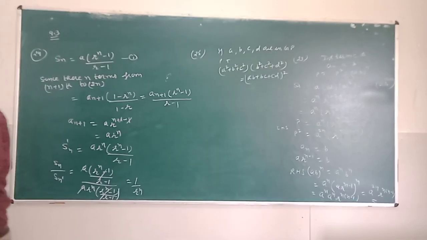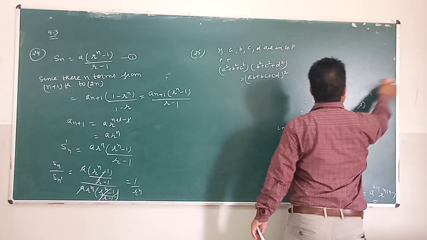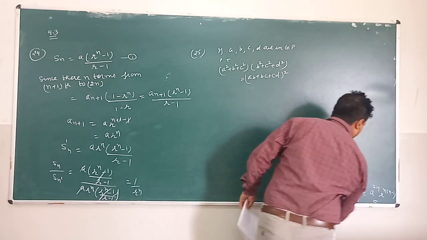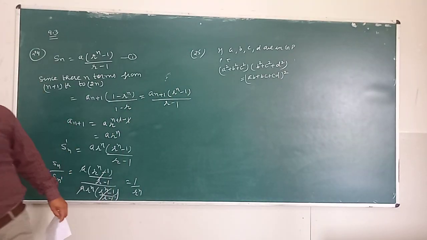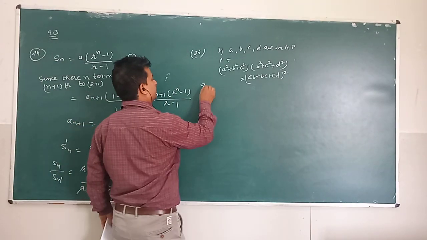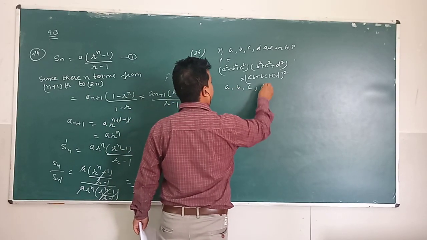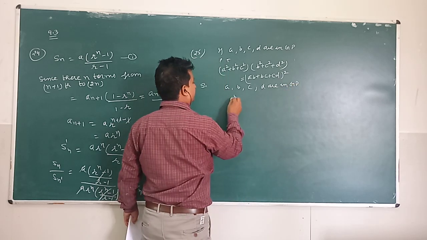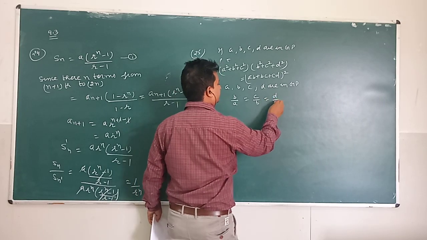So in this question, first we are given a, b, c, d are in GP. This means the common ratio of these four terms is the same. This means if a, b, c, d are in GP, then b/a equals c/b equals d/c